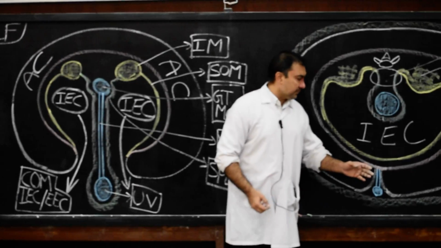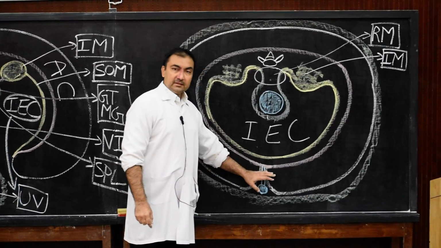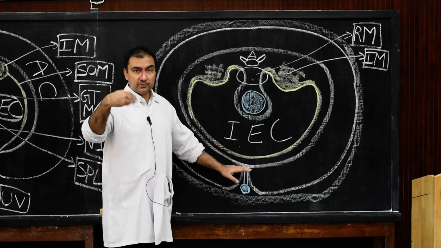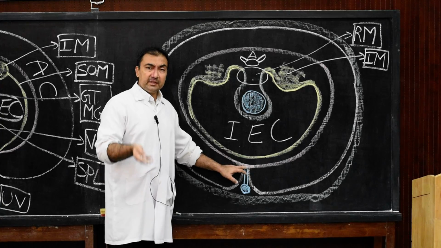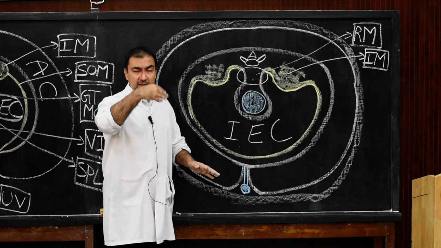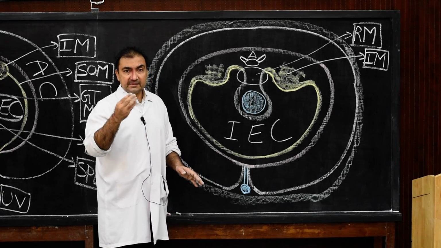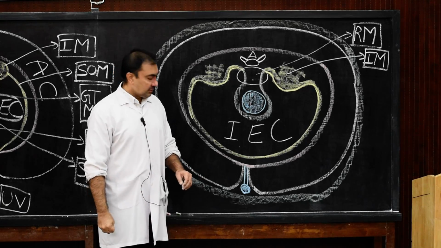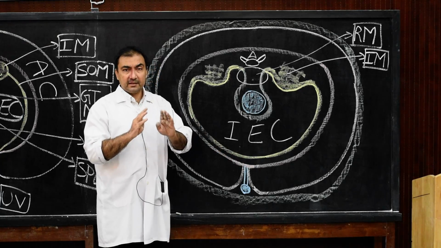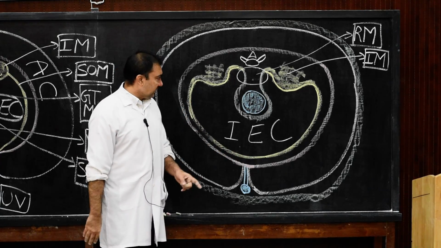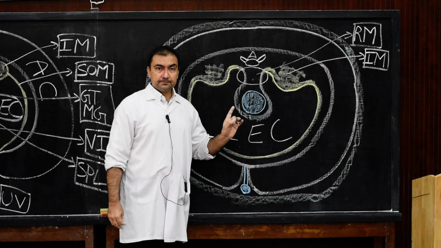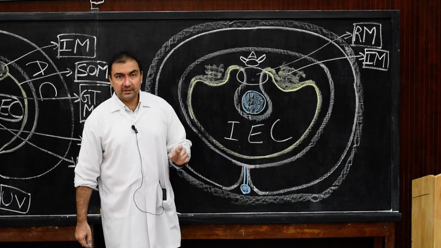So after 10th week of development, as it closes, this will be the diagram where it is closed by membranes, and those membranes we'll see later on. As this amnion is there, similarly there will be another membrane, the chorion, which will fuse with the outer decidua, and that decidua will be decidua capsularis. So these membranes will fuse, the lateral folds have fused, and the physiological umbilical hernia has been reduced. So this is how we show the two lateral foldings. We complete our lateral foldings of the embryo. Thank you very much.